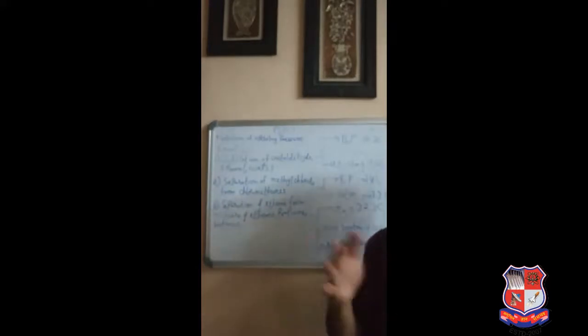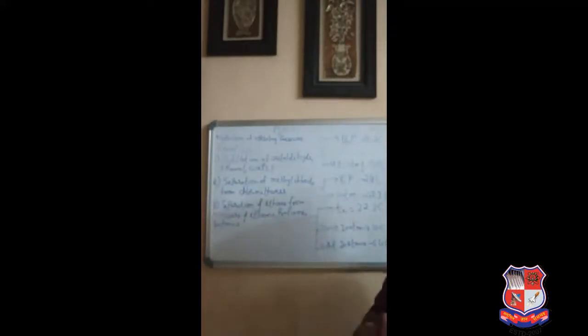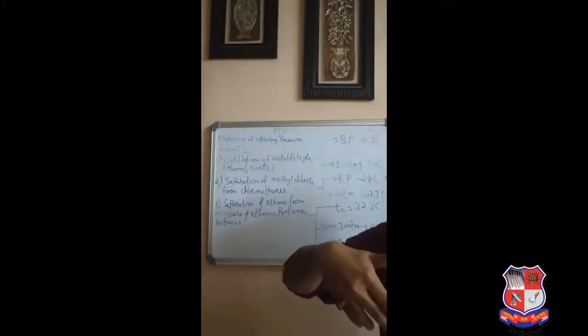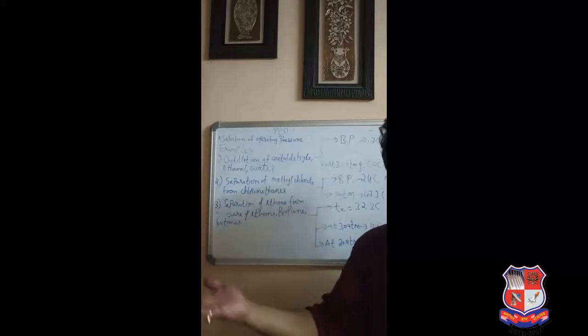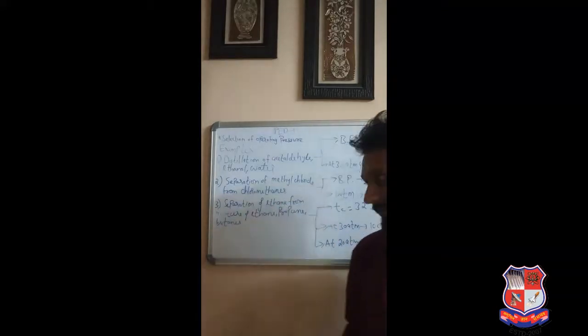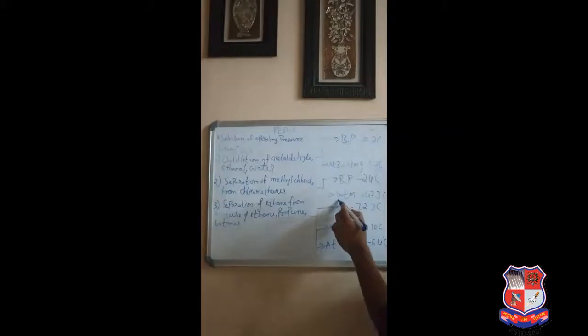The relation of vapor pressure and temperature would be such that at 9 atmosphere the temperature might be around 32, 33, and you cannot use the same temperature for cooling, because the cooling water is also available at 32 and the vapor is also available at that temperature, so there is no driving force, so heat transfer won't take place, right? So because of this it is operated at 10 atmosphere.